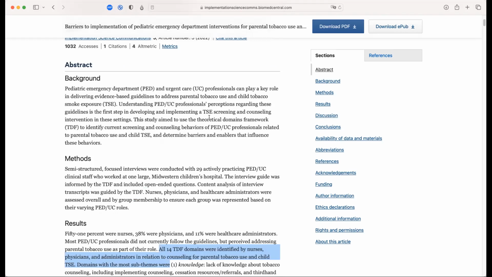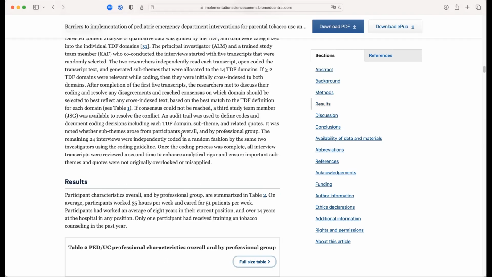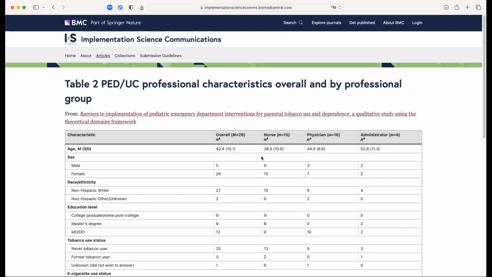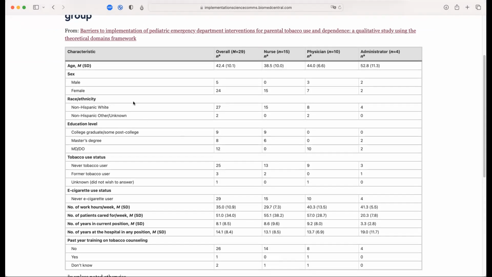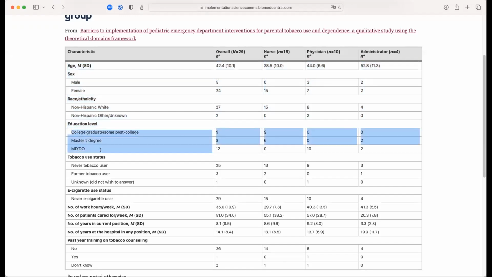the theoretical domains framework? And let's just look down here at their results, because if you're thinking about what kind of information you need to know to answer your research questions, to address your problem, then you probably want to see, well, other people doing this kind of research, what have they gotten? And you can see that they asked people some standard demographics things, including the level of education here,